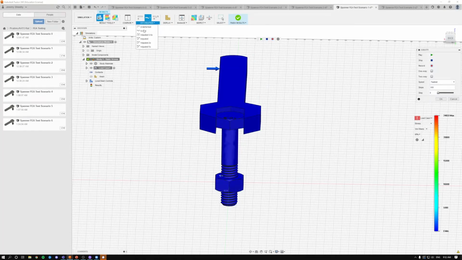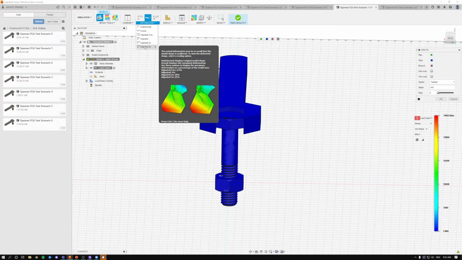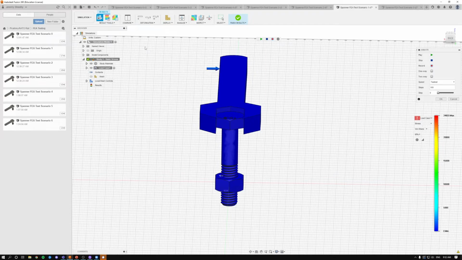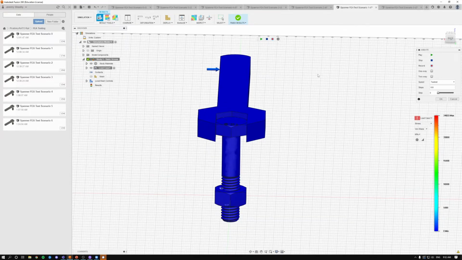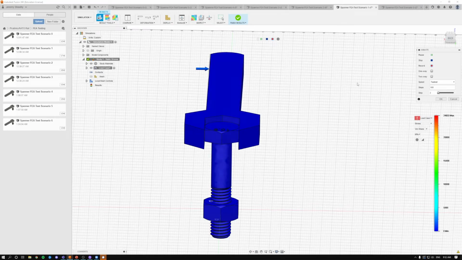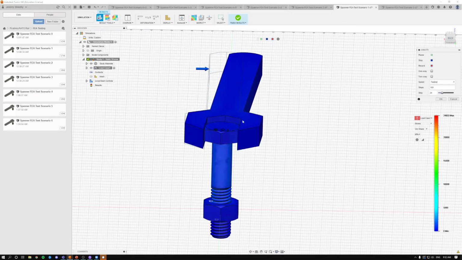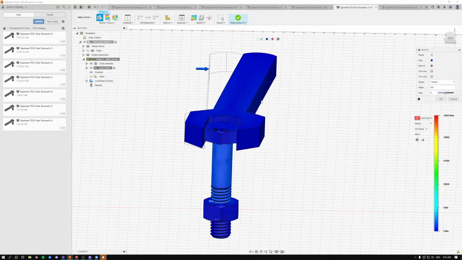And what we'll do is set the deformation to be exaggerated. This is going to show not the actual deformation, but approximately 5 times as much, just so it's a bit easy to visualize. Let's see what actually happened based on these loads. If we click play, we can see that the bolt is twisting here. The spanner seems perfectly fine, but we're starting to get,